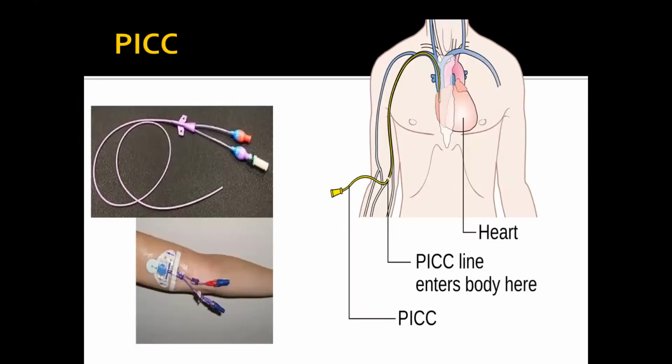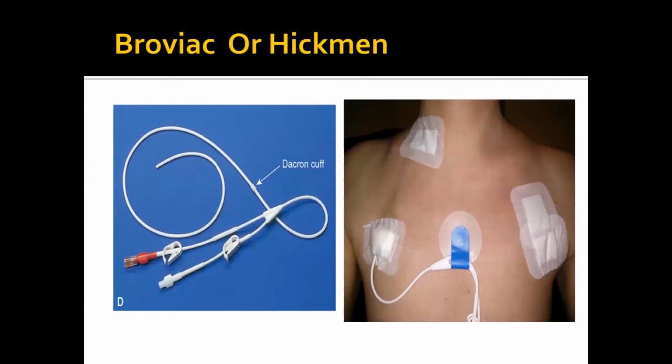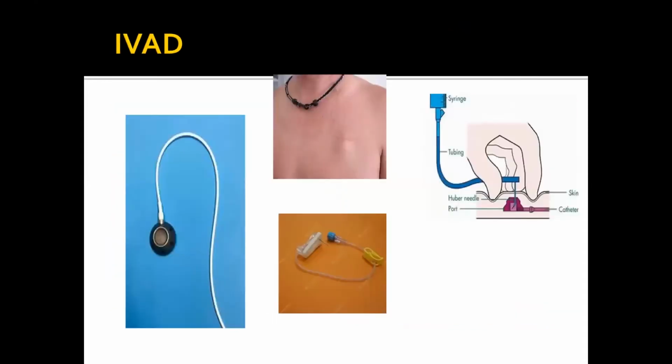Ideally, big lines or Broviac catheters or tunneled external catheters are the ones that are preferred. Everyone knows a PICC line. PICC line is a peripherally inserted central catheter inserted in one of the veins in the arm, usually the antecubital vein, and it goes all the way to the atriocaval junction. Broviac or Hickman catheters are the other option, where they have tunneled catheters underneath the skin and inserted to one of the neck veins. Some centers use implanted ports, such as Portacath or IVAD. It's not recommended for TPN use, but in extreme cases, you can use them.